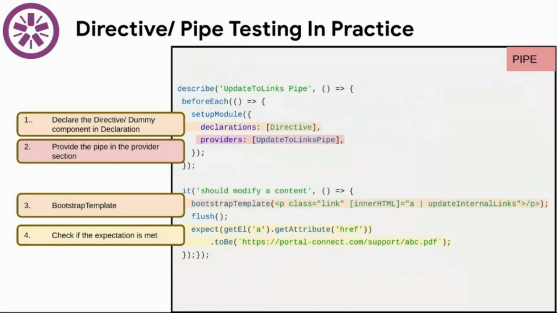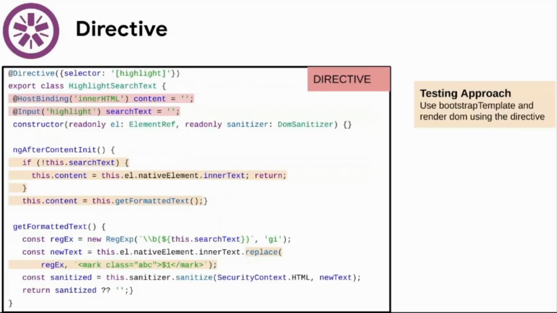Okay, so let's see an example of a directive, and we can conclude further how exactly we are going to test both of these. Firstly it is the directive. This directive would be almost the same as what Akshit has written. Firstly, we will set an innerHTML, so whenever in the DOM there is something as innerHTML, it will directly render it. The main code is that if there is innerHTML and no search text, then we are going to put the default innerHTML. Otherwise, we are going to replace it with a class, an ABC class of type mark or span, whatever it is.